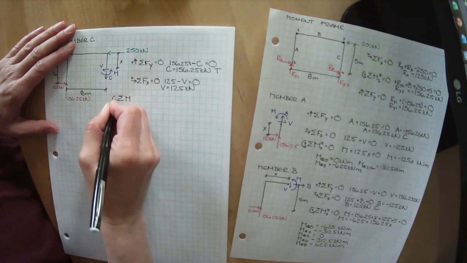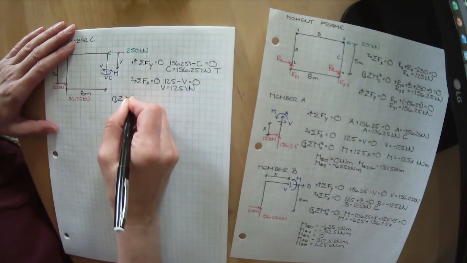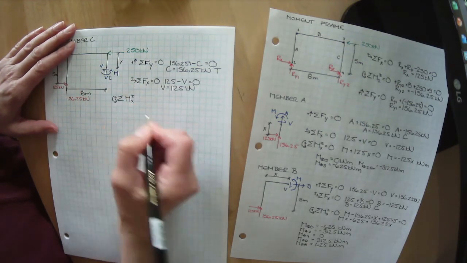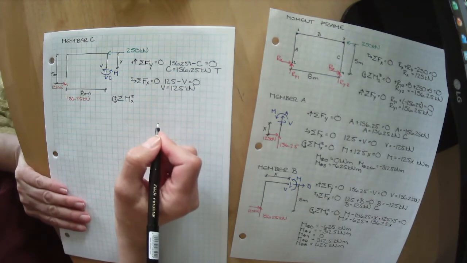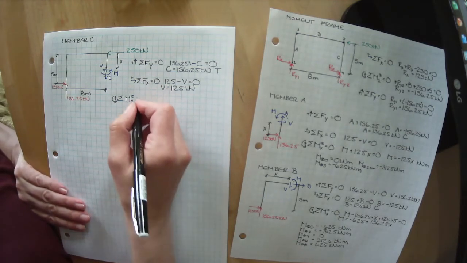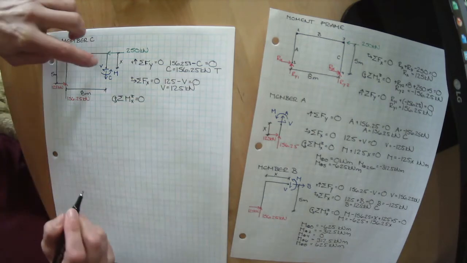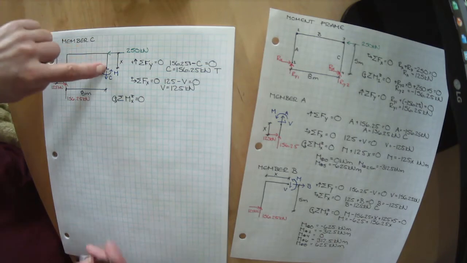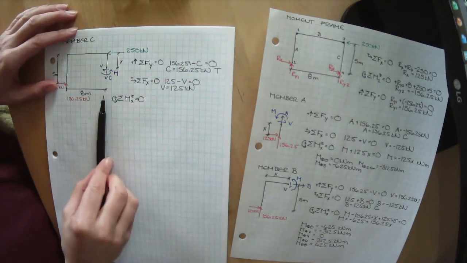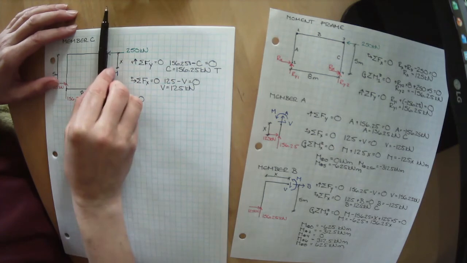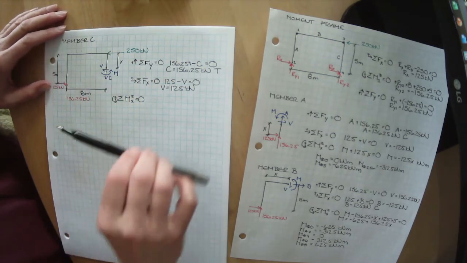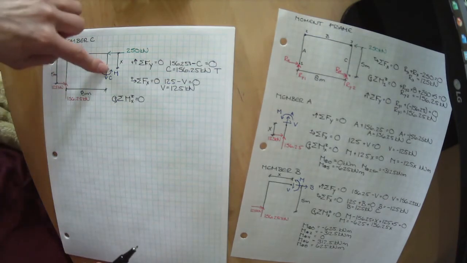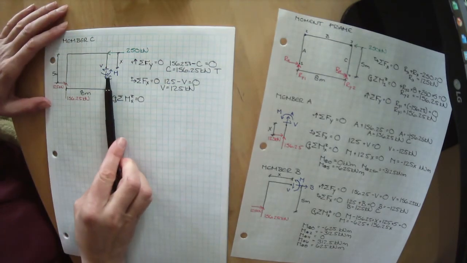Let's sum our moments where everything going in that direction is positive about the z-axis, and let's do what we always do. Pick the point x that we're cutting, or spin about. So we're putting our thumbtack right here. Our internal axial force for member C passes through it, so it doesn't cause it to spin. Our internal shear passes through that point, so it doesn't cause it to spin. We're left with our internal moment,